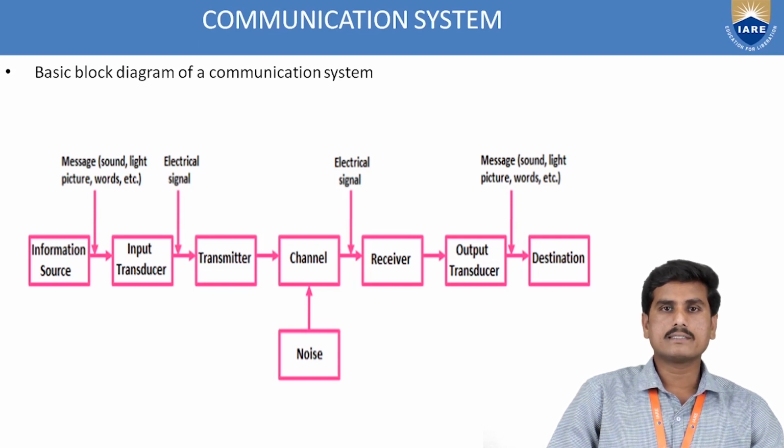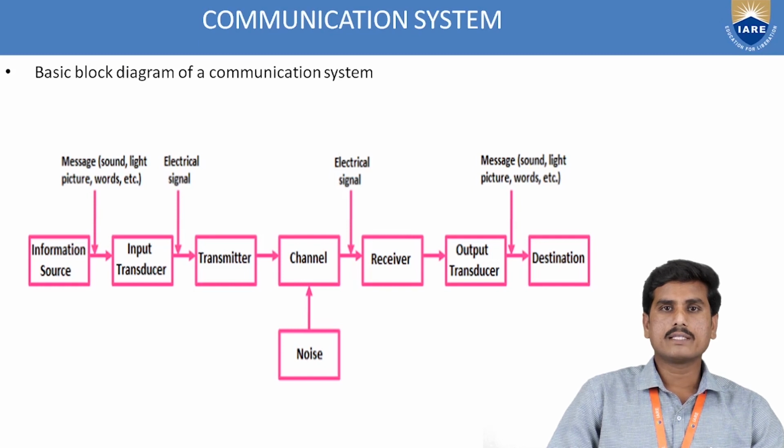The next one is the receiver. After transmitting, we need to receive the signal, and for that purpose we have the receiver. After that, the received signal can be converted into the analog format, that is the data format. The next one is the destination. Finally, by using a communication system we can transmit and receive signals from one place to another place, and communicate between different systems.